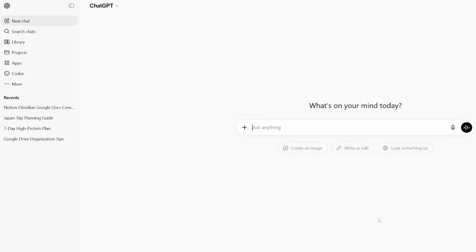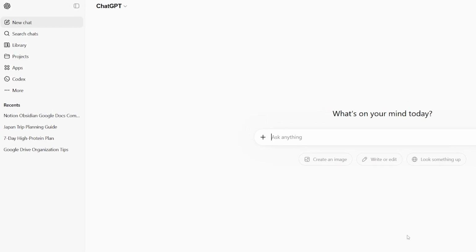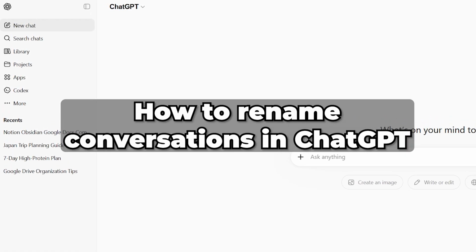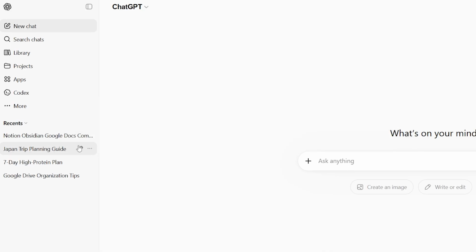If you want to keep your ChatGPT conversations organized, renaming your chats is one of the easiest things you can do. Instead of scrolling through lots of automatically generated titles, you can give each conversation a clear name that's much easier to recognize later. To rename a conversation, open ChatGPT and look at the sidebar on the left, where you'll